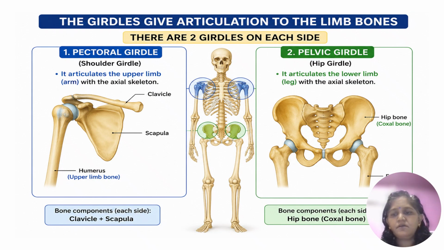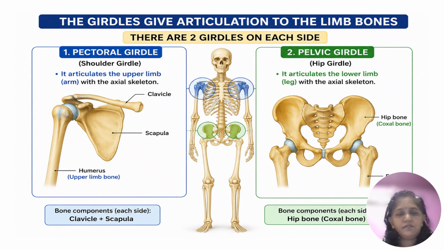See, the girdles over here are the shoulder one and the pelvic region. This region is helpful in joining your hands and legs. Pectoral will always deal with your arms, with your hands, and pelvic will deal with the articulation of the leg